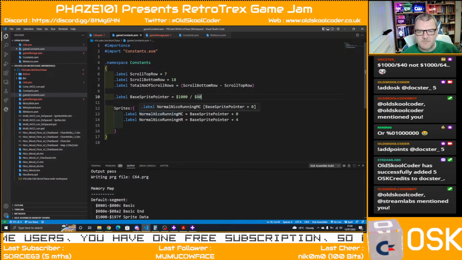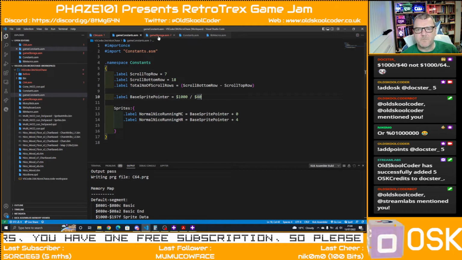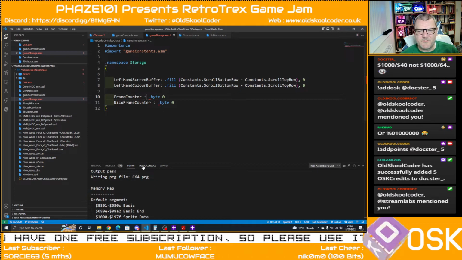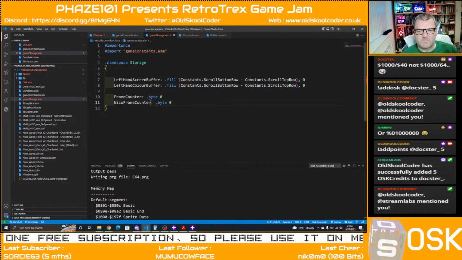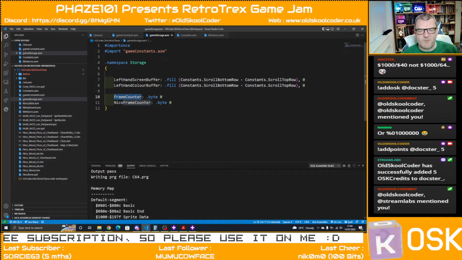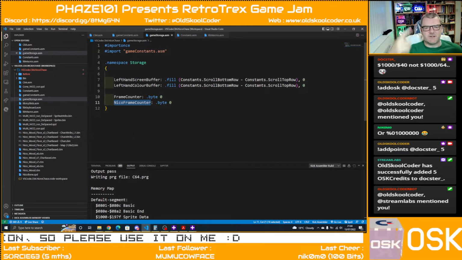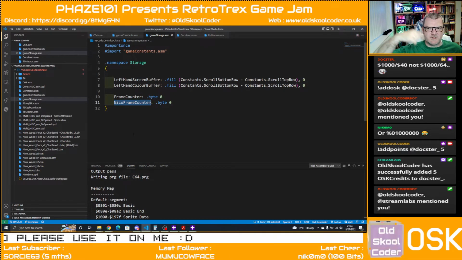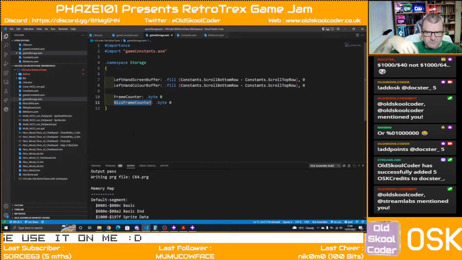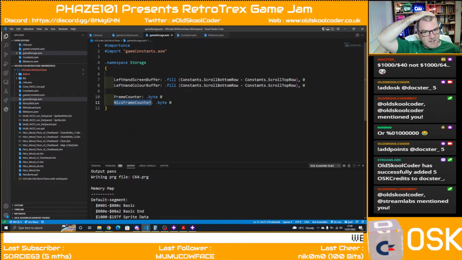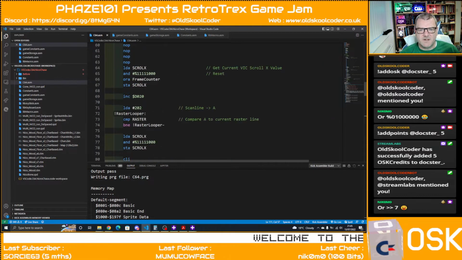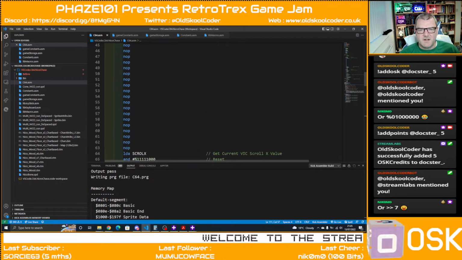Right. So we've got Nico running. So we've got a game frame counter and we've got a Nico frame counter. So the Nico frame counter is counting what sprite frame it's on. But we have a frame counter that's just basically going to be counting the frames as we go. So what we're going to do is in our game loop here, in our game loop,